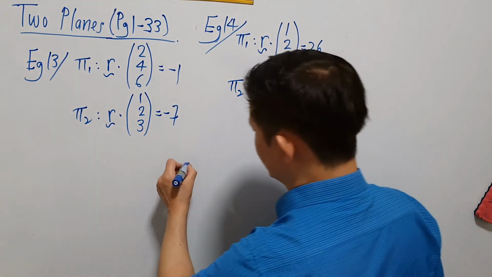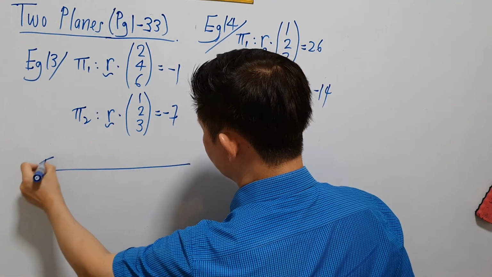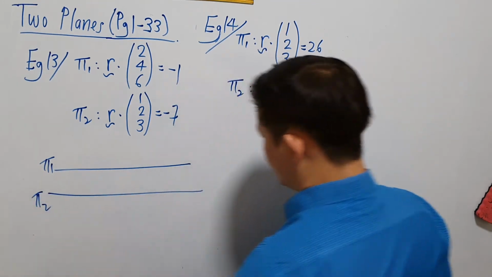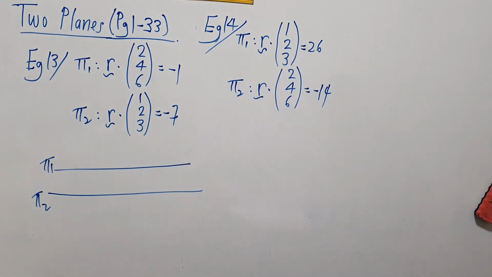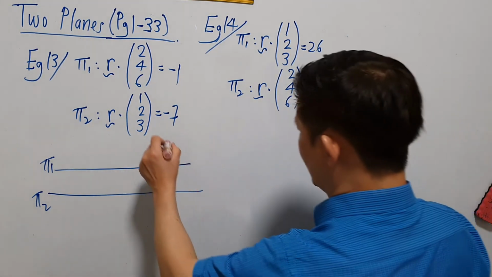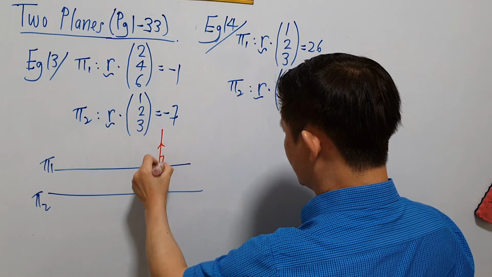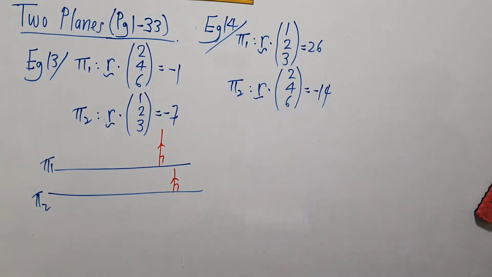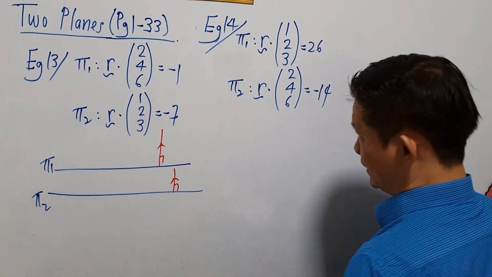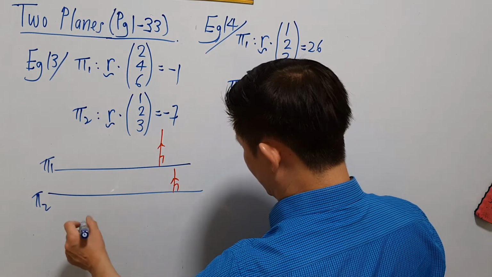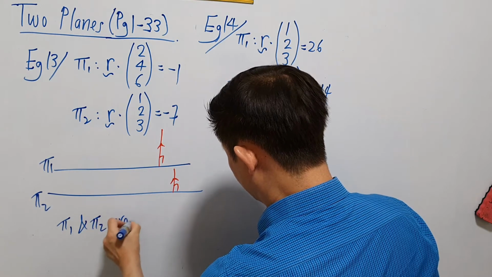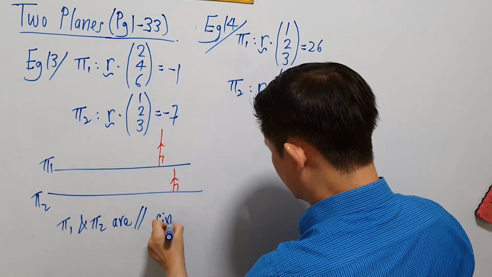So it looks like, in this case, if you have pi 1 and pi 2, their normal vectors, right? Their normal vectors are parallel to each other. Pi 1 has a normal vector that's like this, and pi 2 has a normal vector that's like this. So when that happens, you can see that the two planes are parallel. So immediately you say that pi 1 and pi 2 are parallel